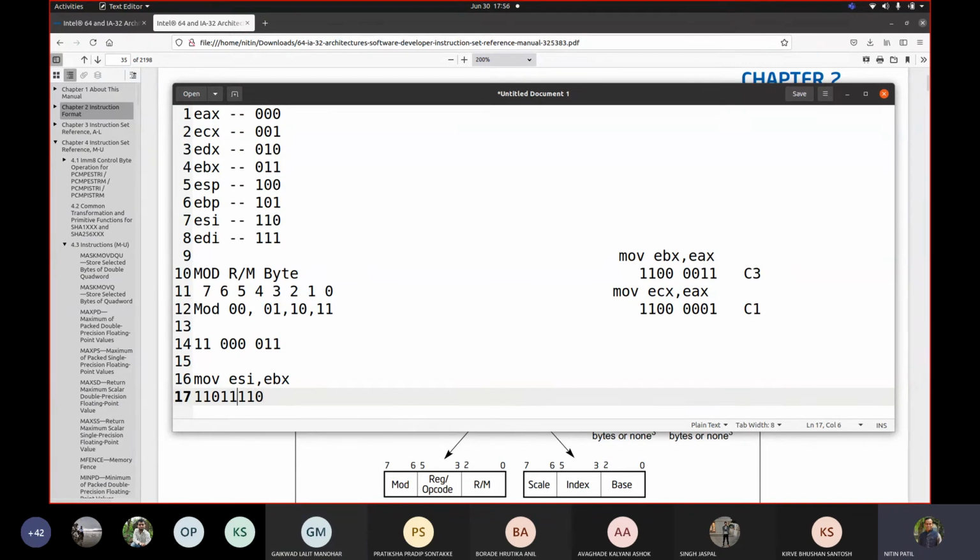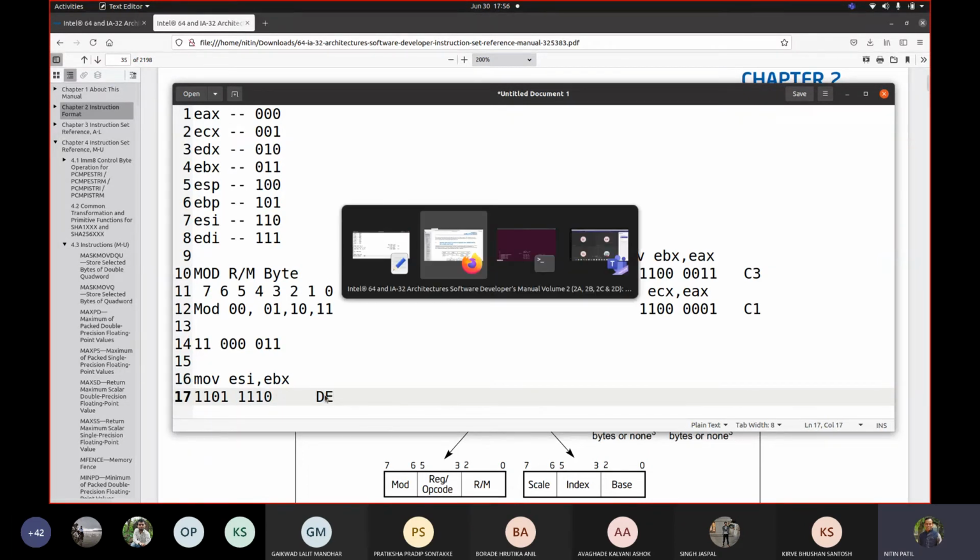Okay, so let us distinguish like this. What would be this number? 8 plus 4 plus 1, 12 plus 1, so this would be D. And this should be E, right? 8 plus 4 plus 2 is 14, so this should be E. So if I write this instruction, I should get DE.